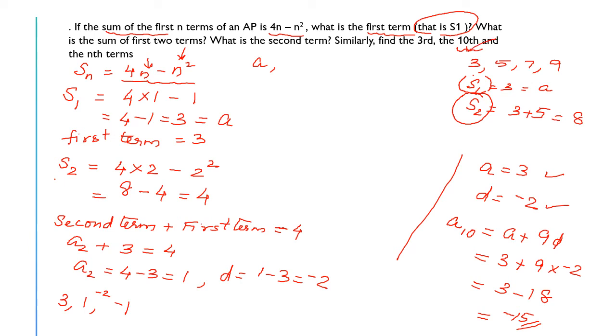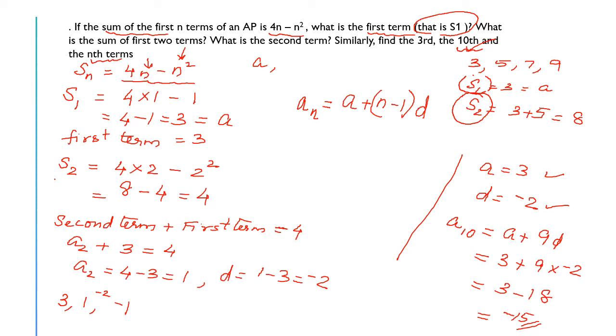And the nth term. They are asking us to find the nth term also. Nth term is what? An. Last term we don't know which is the last term. n can be anything. They are asking us to find out the nth term. How will you find nth term? An is equal to A plus n minus 1 into D. You will be thinking, madam, that is the formula for nth term. Then why are they asking us to calculate nth term?